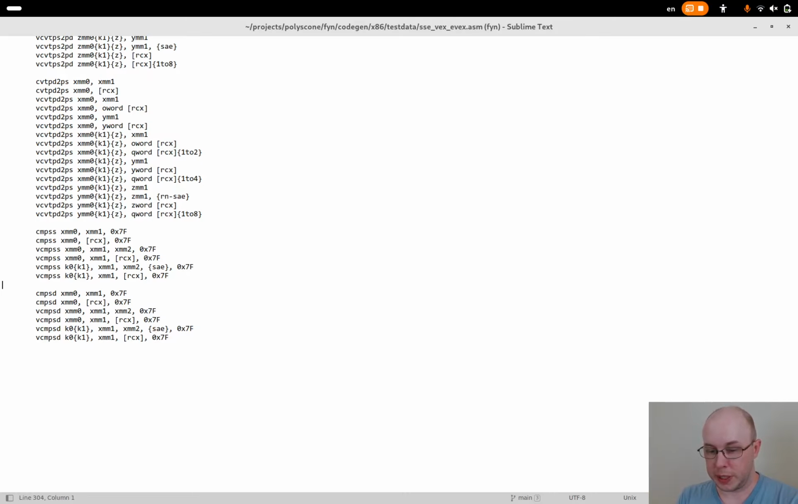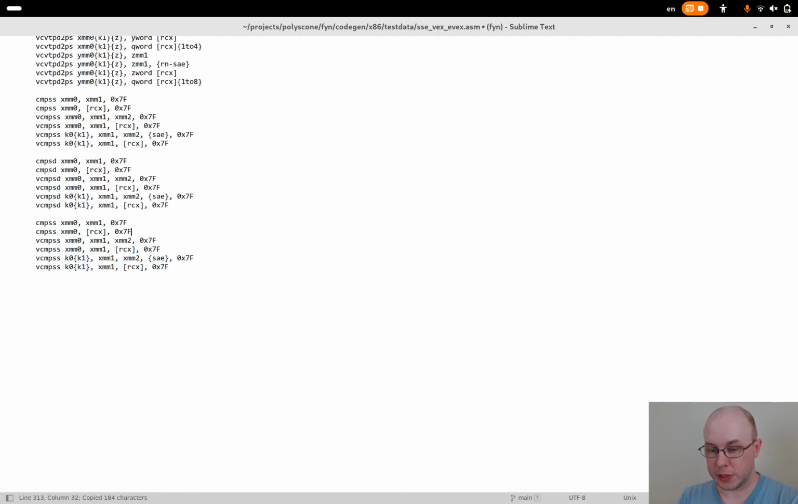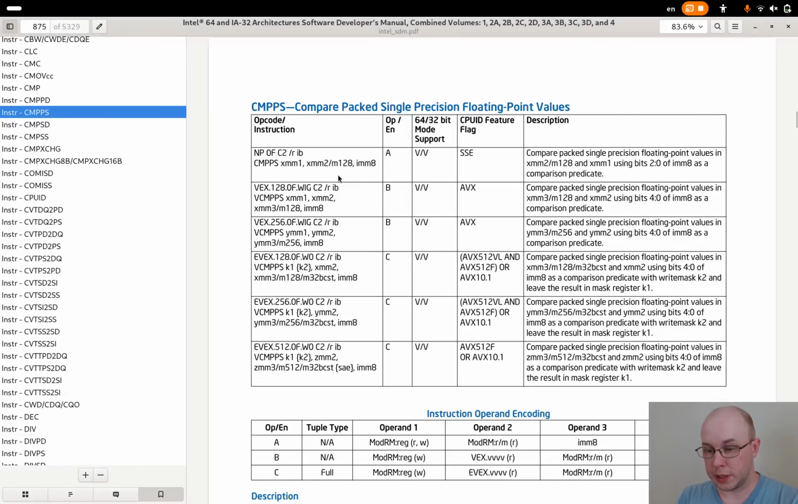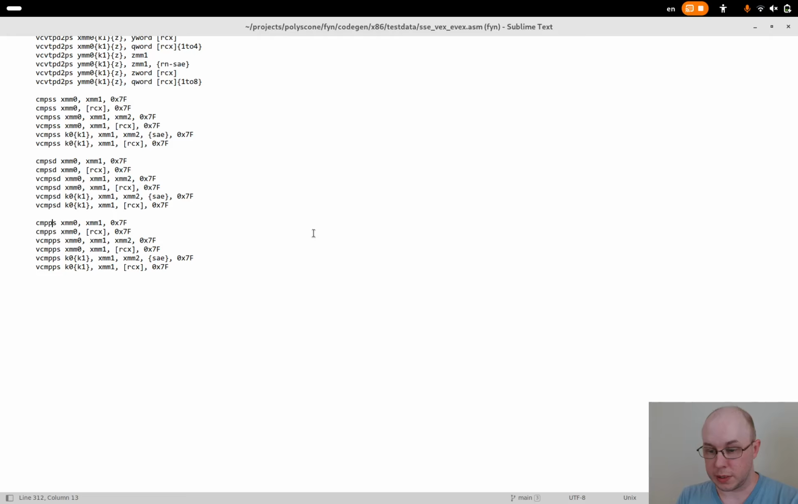So we'll just copy, for example, CMPSS, because it's pretty much the same thing still. So this will be PS instead. And for the legacy encoding, nothing's really changed. Same goes for VEX encoding, nothing has really changed except for the fact that it now supports YMM as well. And then for the EVEX encoding, we also need a test for broadcast. So this is 1 to 4 since it's